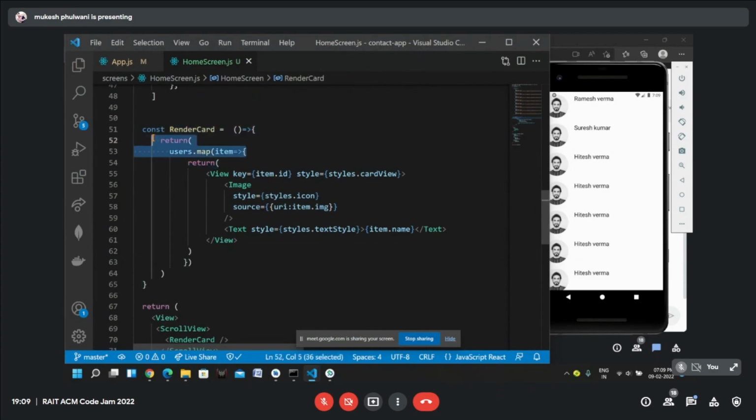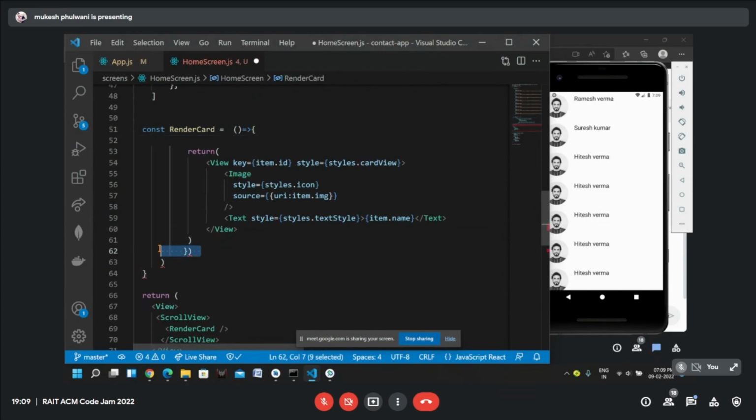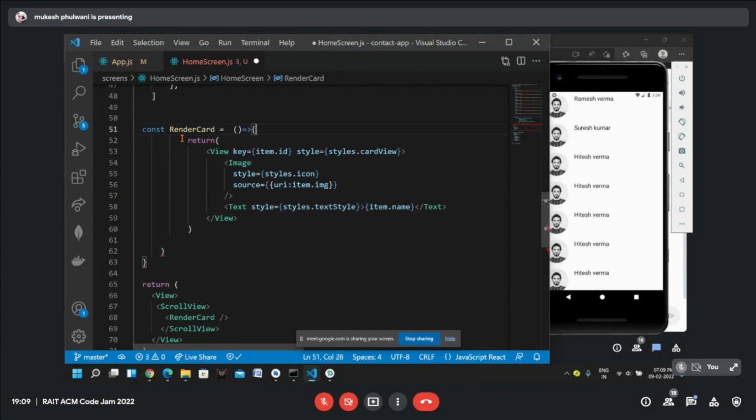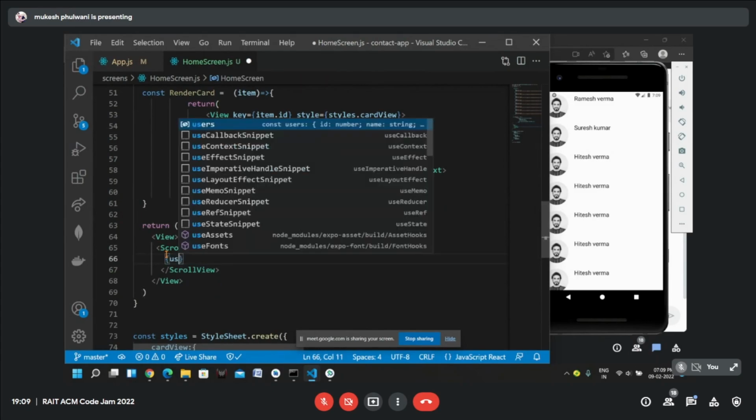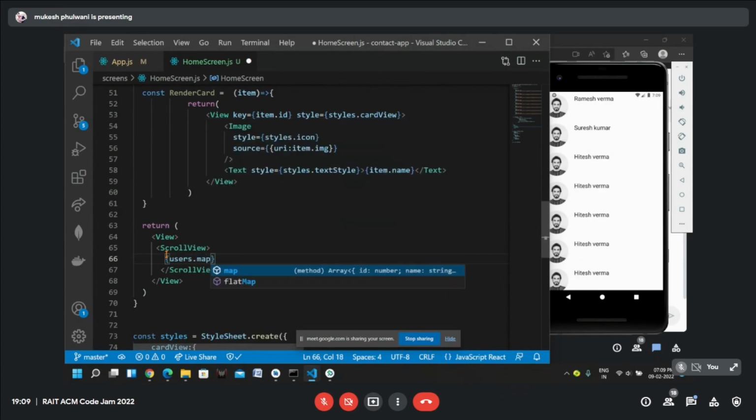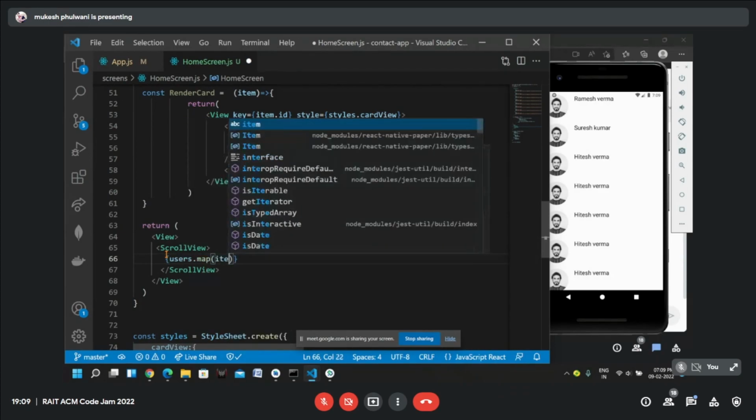Instead of rendering all the cards, I will render just an individual card, and here I will pass an item as an argument, as a prop. And now here I can write users.map and item.